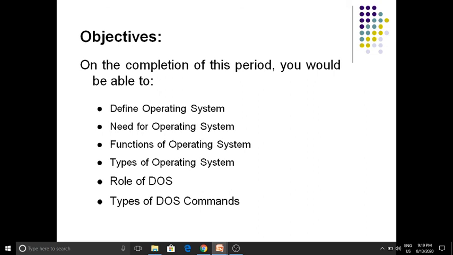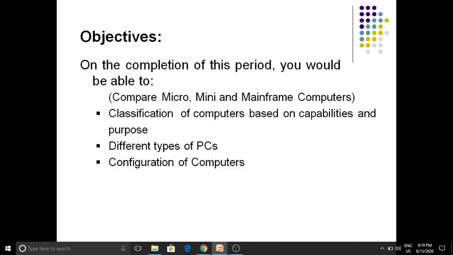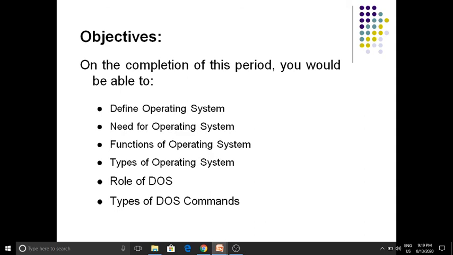We have discussed DOS, disk operating system. What is the role of disk operating system? What are the types of DOS commands? We have seen even the list of internal and external commands.